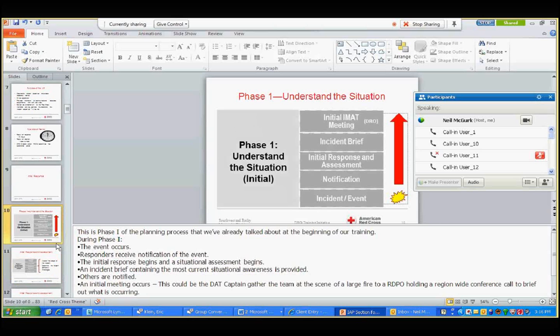So that's another important thing to mention is that our structural process, our incident action planning process, does not begin until we begin to exit phase one. So at the beginning of the situation, you're really doing what it takes within reason to get the job done and to provide services during that phase one.